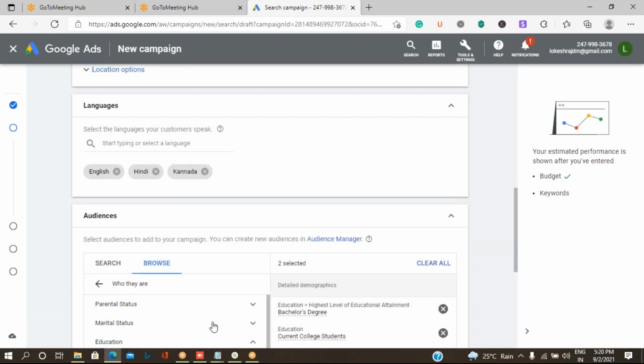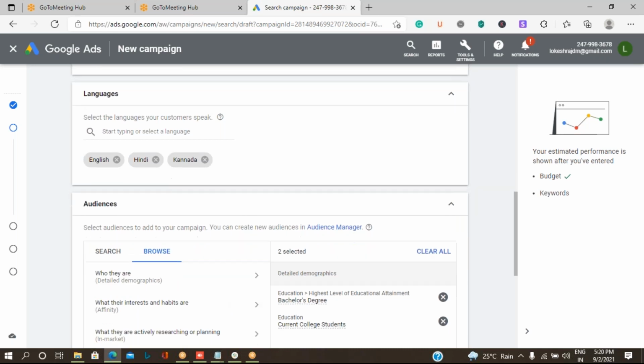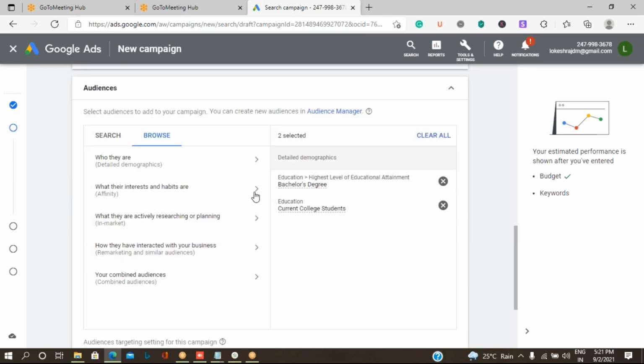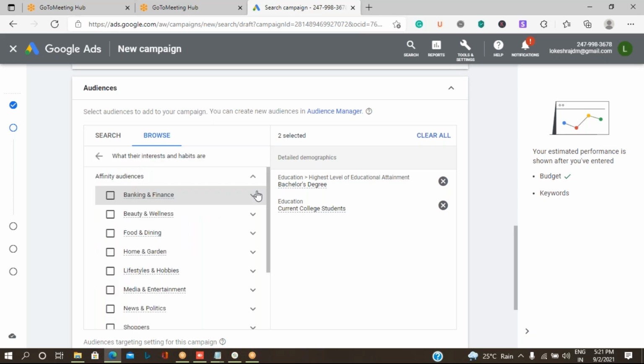Again, go back. You can go to another category. Do you have an audience under this category? It's not mandatory that you select it under each category, but you can check if they are relevant to your advertisement. The targeted audiences may differ from one ad to another.